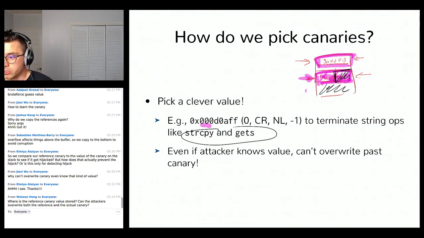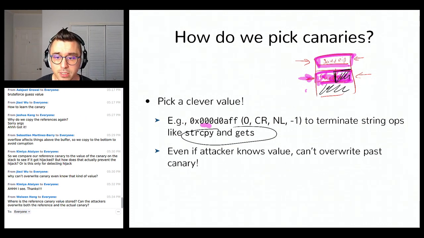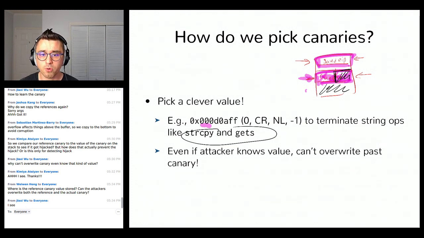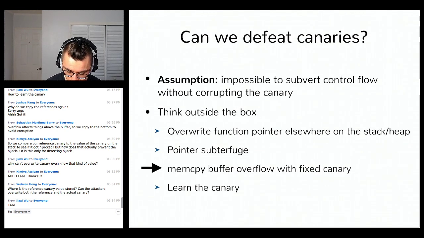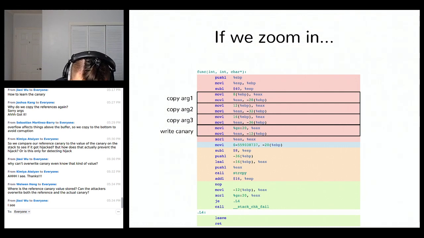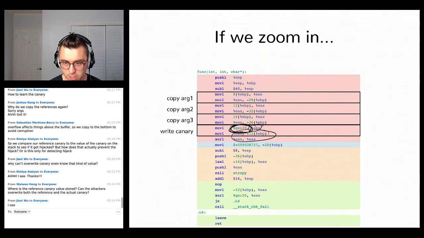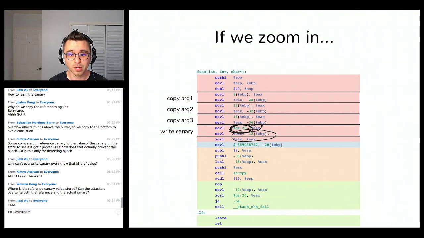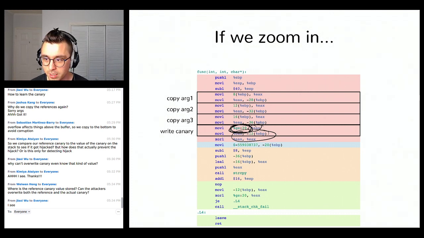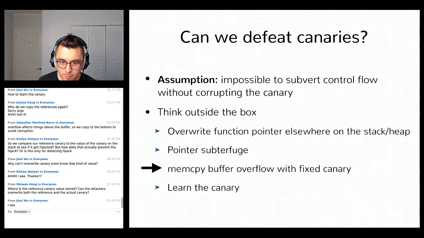So where is the reference canary value stored? If we picked constants, they would just be constants. But what I showed you earlier in the prologue is that they're actually stored in memory, at GS:0x14. If we look back at this figure, it takes the canary out of this memory address, writes it into EAX, then moves it from EAX onto the stack. So this is in memory. You can definitely overwrite both the reference and the actual canary, but you'd need a gadget that lets you write to GS:0x14, which is already super powerful. You might as well just write to the return address, because that's more useful. But we're also going to see how to learn the canary and write the right canary